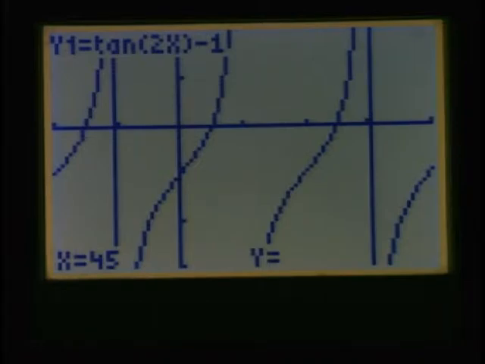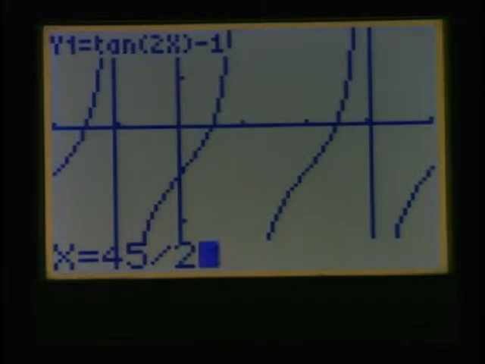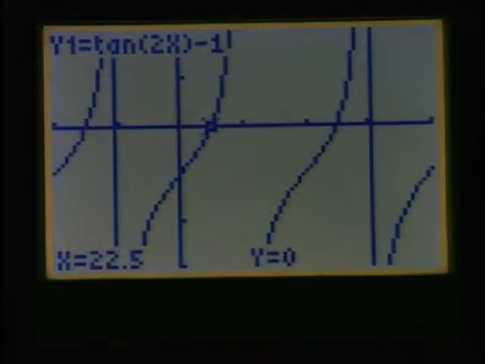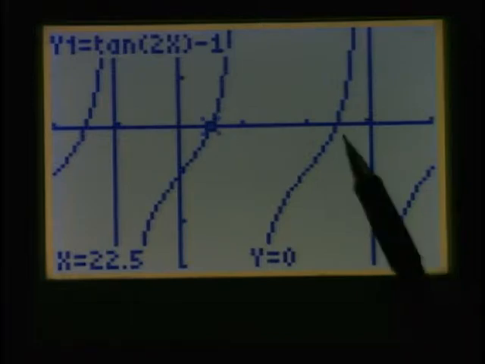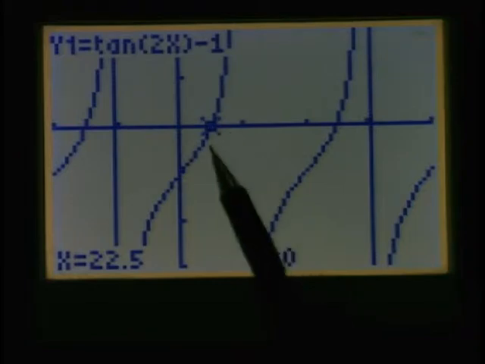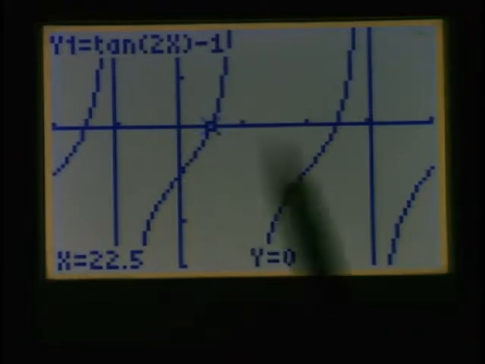Right. 45 divided by 2, we all know that's 22.5. Bingo, hits a 0 for us. And then there should be another one over here, shouldn't there? If I did what to this 22.5 degrees? If I added,